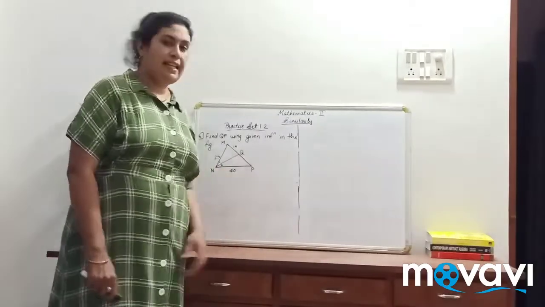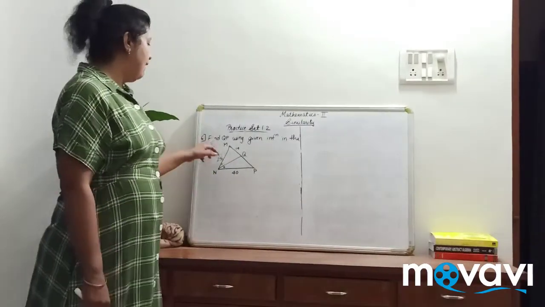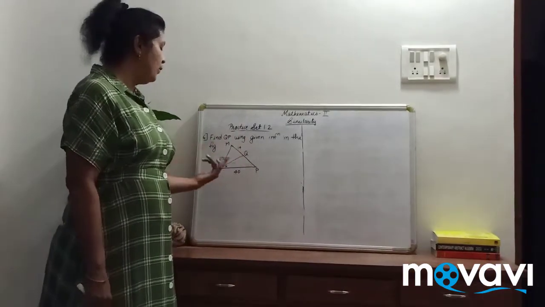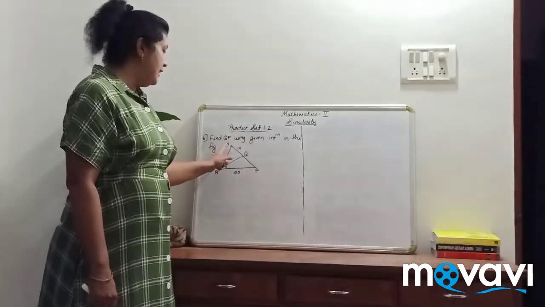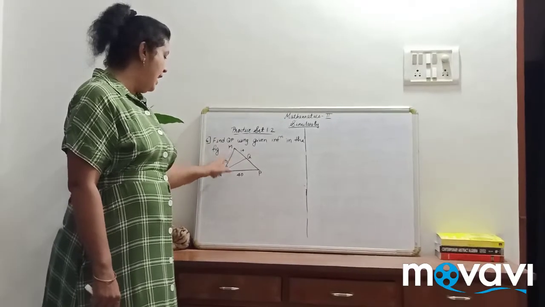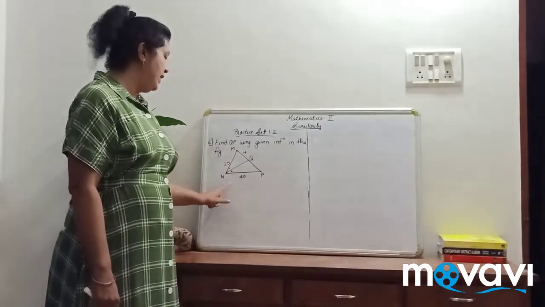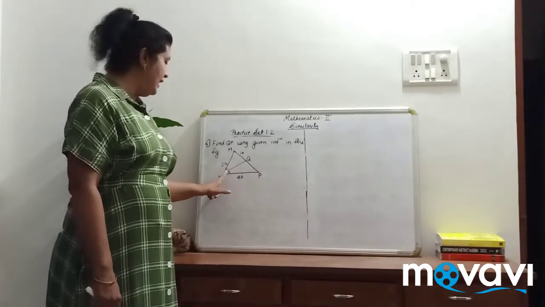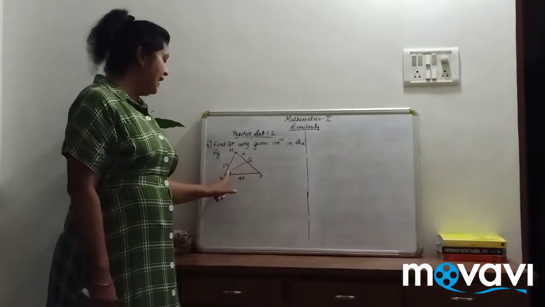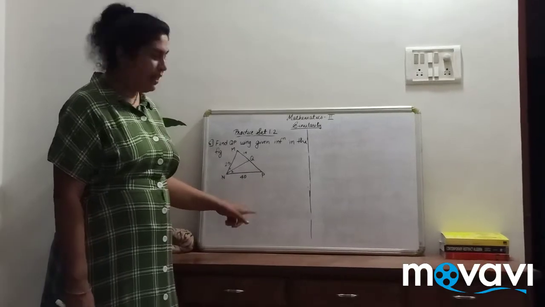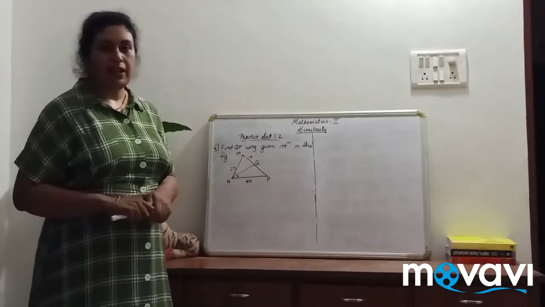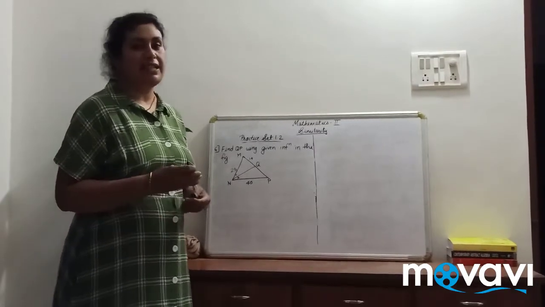So this is the next example. Find QP. You are supposed to find QP using the given information. What is given to us? MQ is given as 14, MN is given as 25, NP is given as 40, and these symbols are made. It means that this NQ is the angle bisector of angle N. Okay. So which property are we going to use? The same property, theorem of angle bisector.